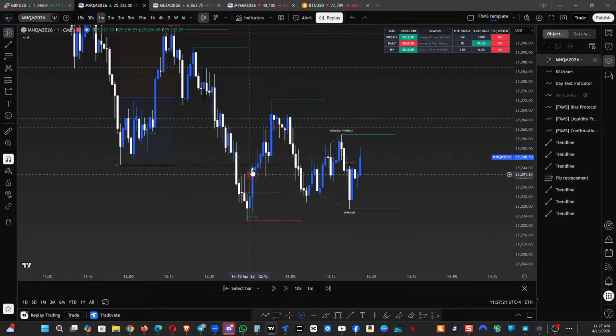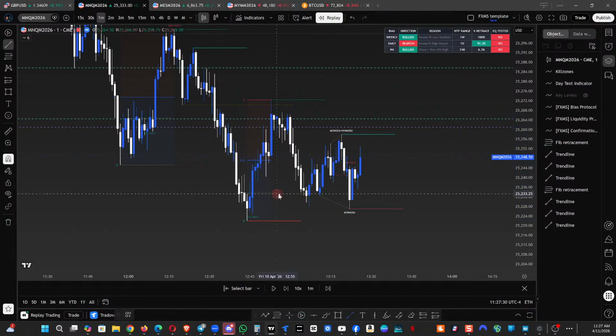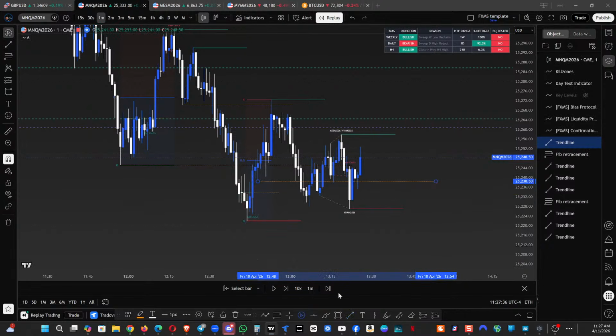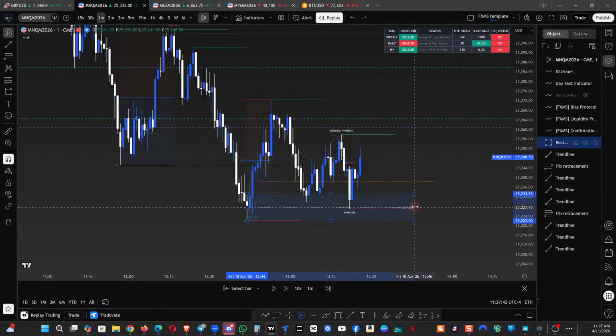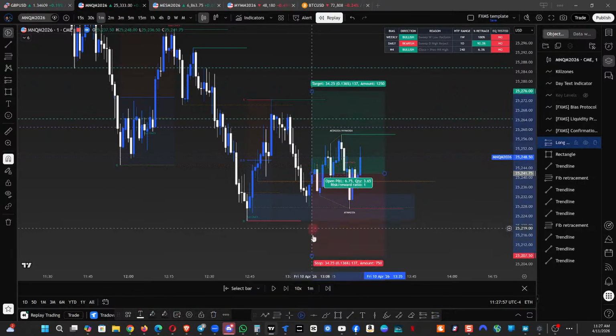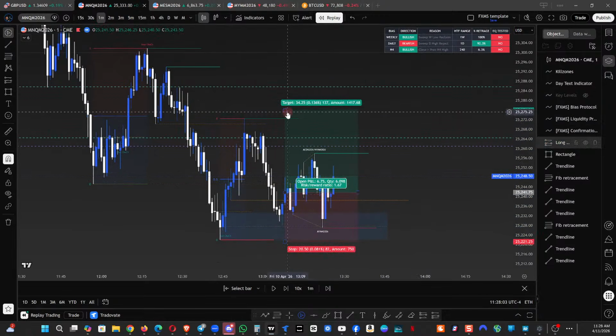Okay, so here we have, this is our range, okay, here are the points of interest inside that were created, the sweep. Okay, this is our point of interest, the order block down here. Okay, so this would have given us an entry. So we had price take out the low, trade into the order block, and then trade outside of it. So our entry would have been right here. Okay, and then our stop would go underneath the order block, 20 points again, so still a pretty good stop. Let's see if we get 1-to-1